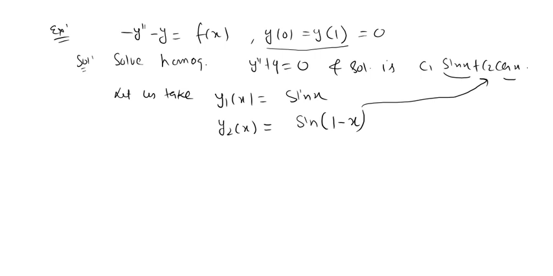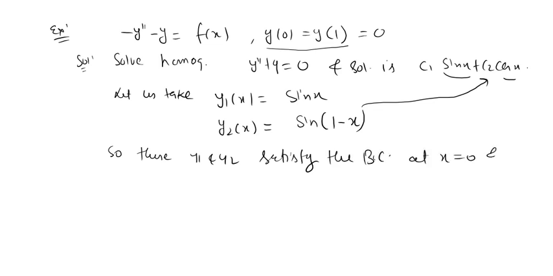Okay, so when x equals 1 this will be 0. So y1 and y2 both satisfy the boundary conditions at x equal to 0 and at x equal to 1 respectively. So calculate the Wronskian, you can calculate. So finally the Green's functions are